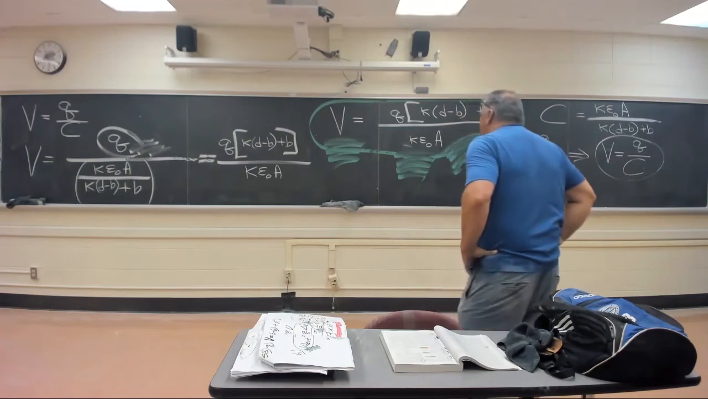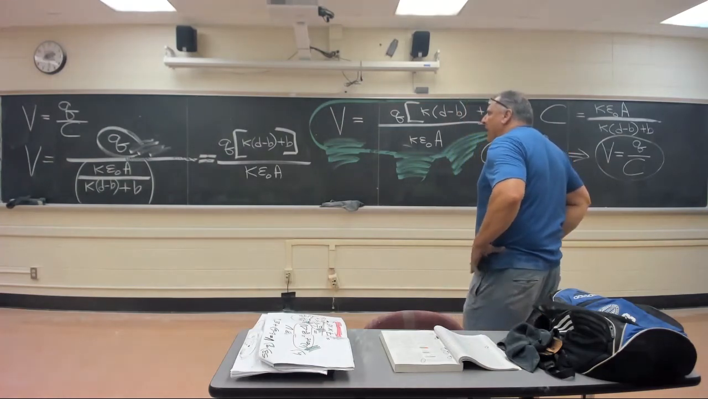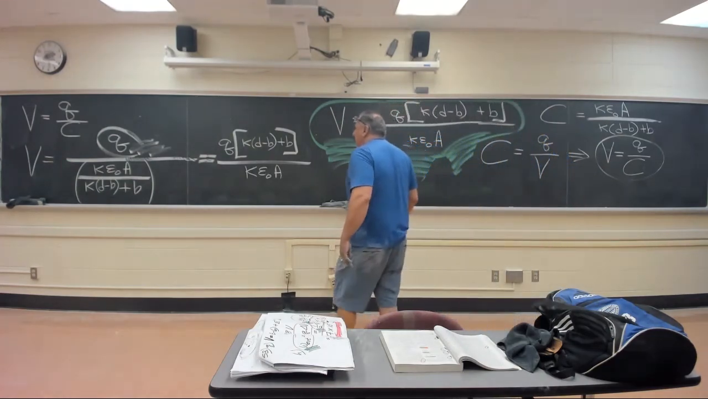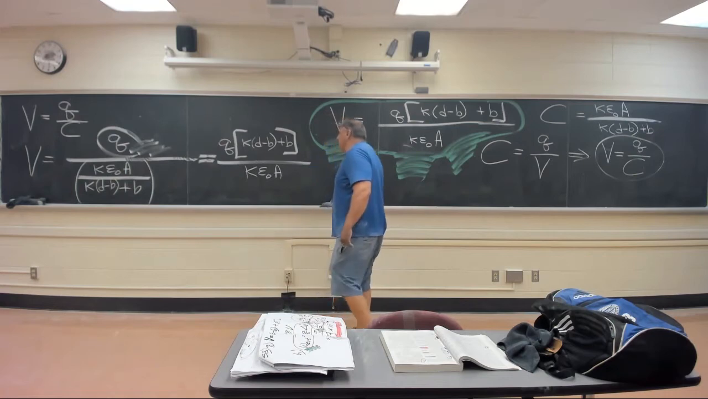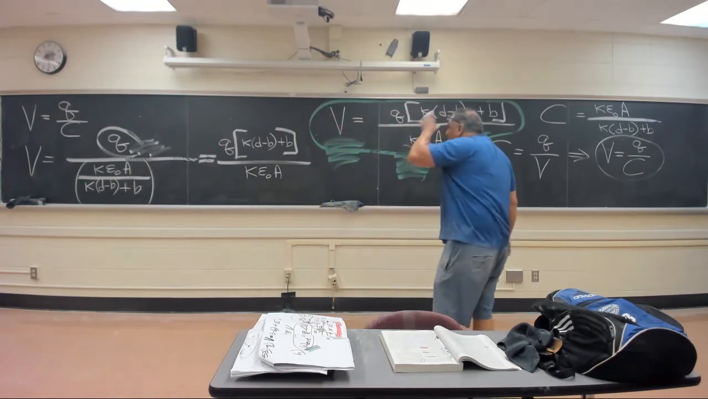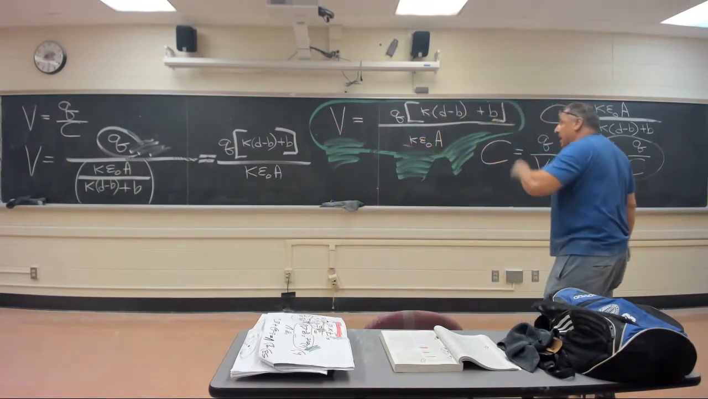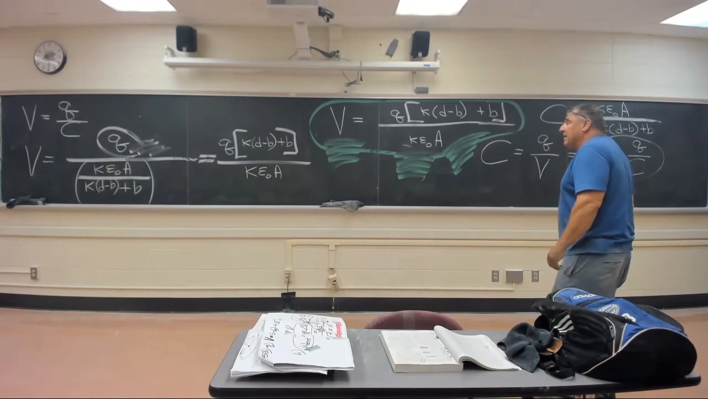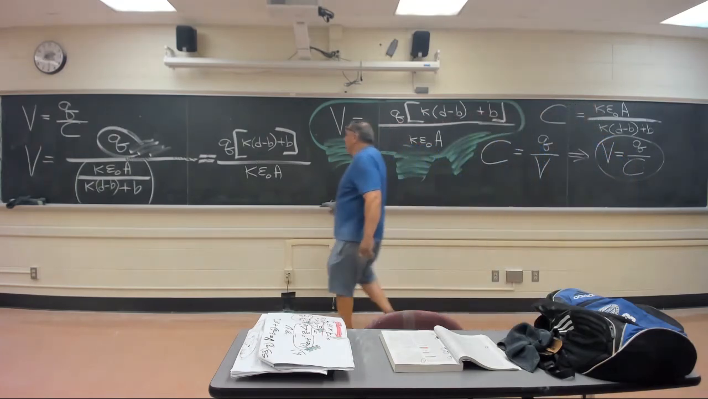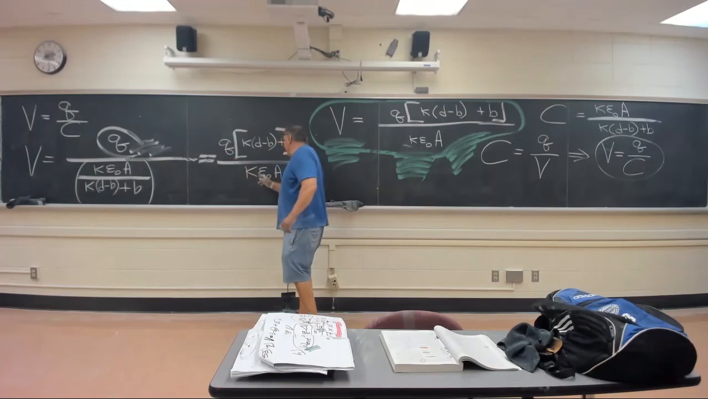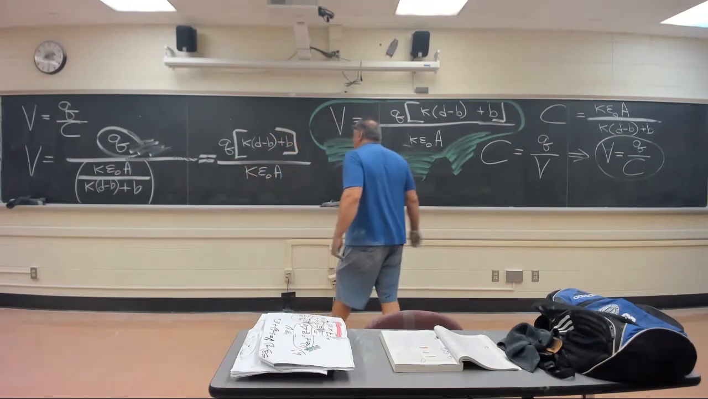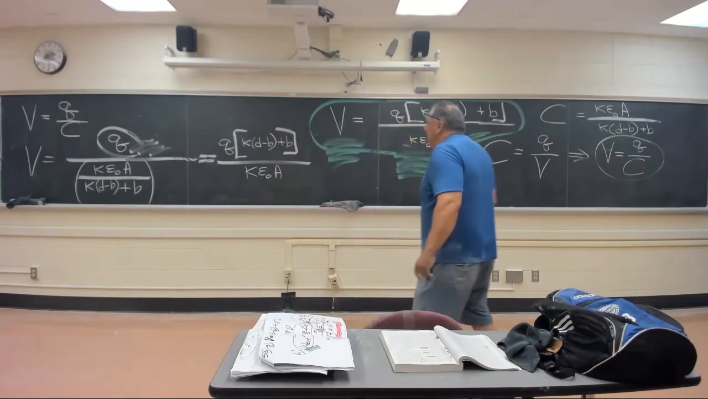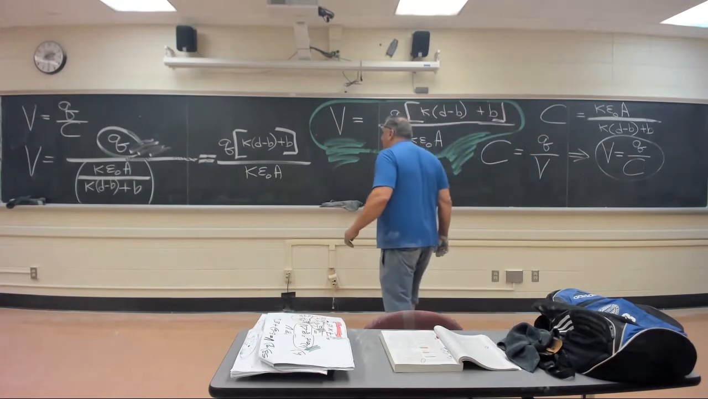If the slab was not in place, what would it be? With the slab in place, what is the potential difference across the plates? If it weren't in place, it'd be Q over epsilon naught A. Kappa times smaller,